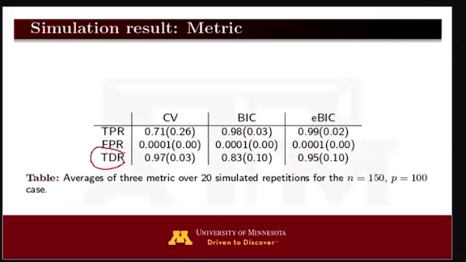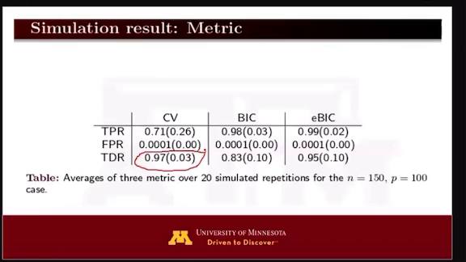But when it comes to true discovery rate, we need a higher value. What do we mean by true discovery rate? No relationship, it did not identify that. Relationship exists, it identified that. We are counting the numbers. The highest number here is actually going to be favored. And the one that has the highest number here is the cross validation. If you look at the cross validation, 0.97, that's the highest recall. So which means,